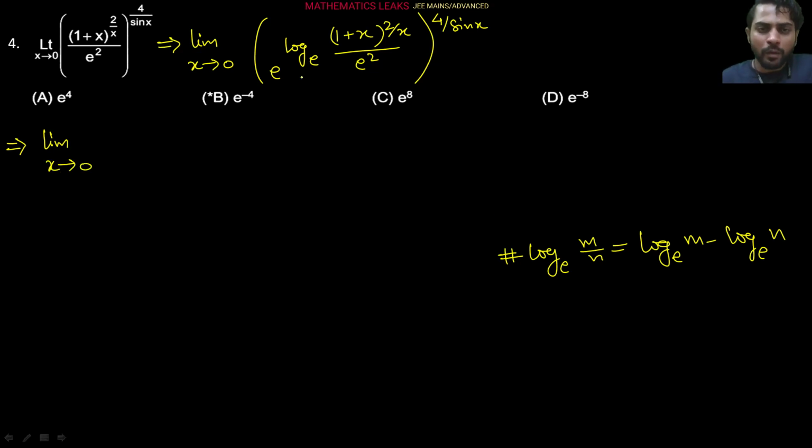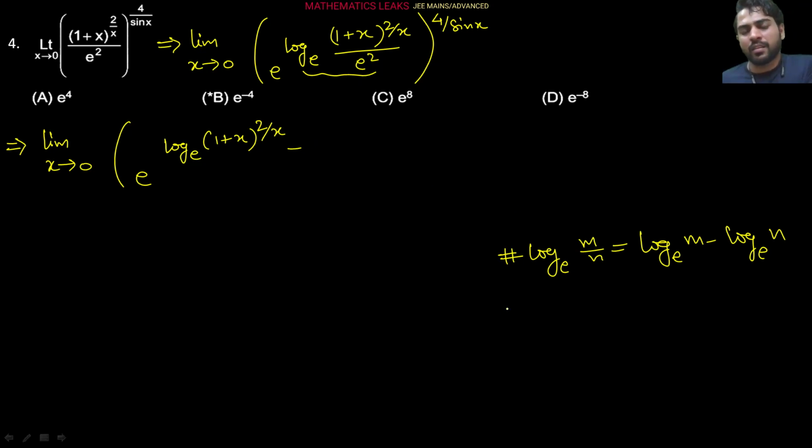Using this property on this part, as already I said, it is e to the power log base e of (1 plus x) to the power 2 by x minus log base e of e square,